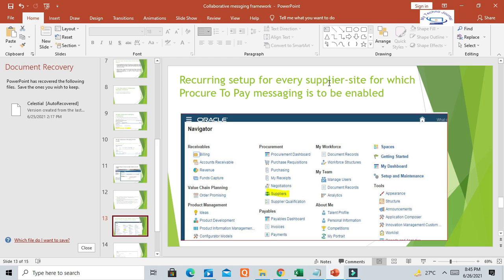And the recurring setup we have to do is in the Oracle supplier setup in Fusion. On the supplier side, we need to identify which supplier sites are enabled for collaboration messaging.